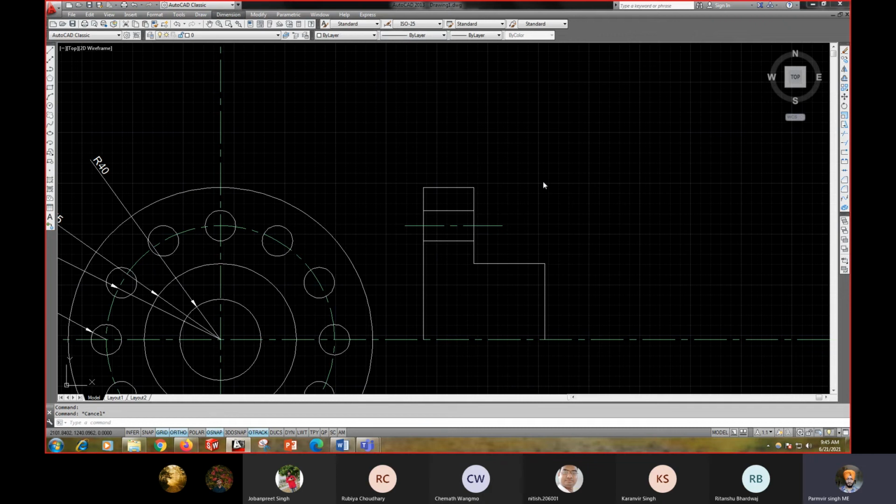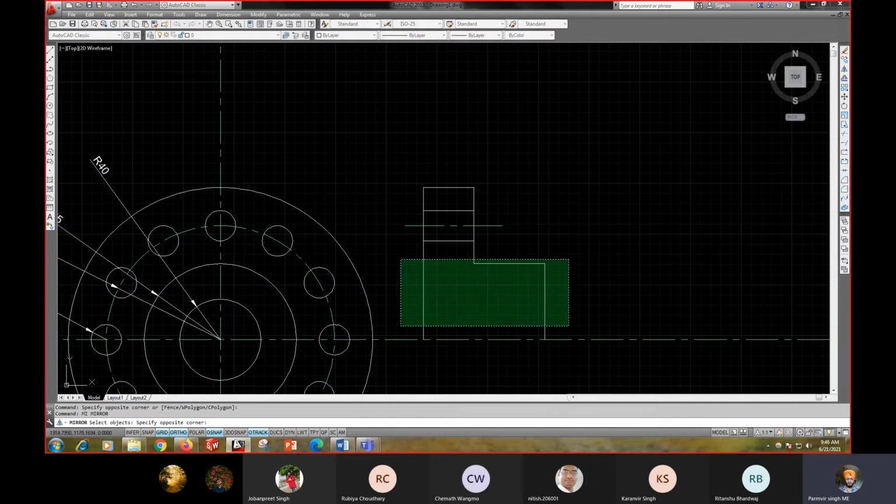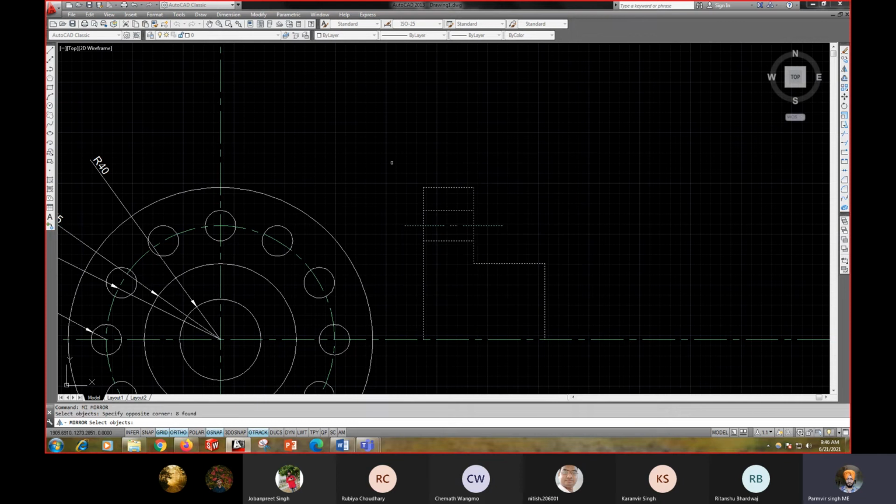Now half of the side view I have drawn. Now the other half of the view I can draw with the help of the mirror command. MI for mirror, then select your object. It is asking me to select the object. So I can select the object with the help of the mouse, then press enter.